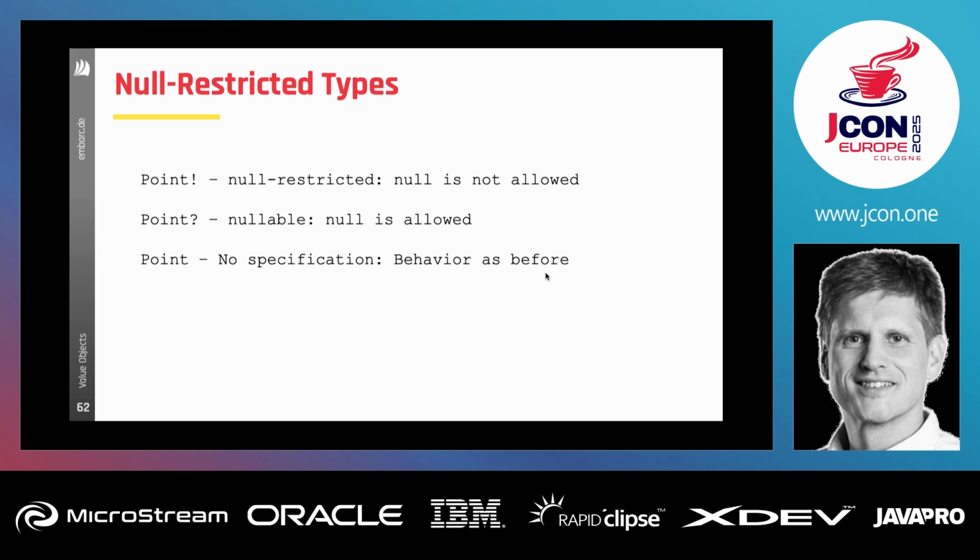And maybe you have already recognized it. It's not only about value types here. These null-restricted types will be for every object reference, for value object references and also for normal object references. So it's quite a big thing. So we can have the kind of implementation we already have in Kotlin, but the other way around. The default is not specified, and we can have null-restricted or especially null-allowed references.